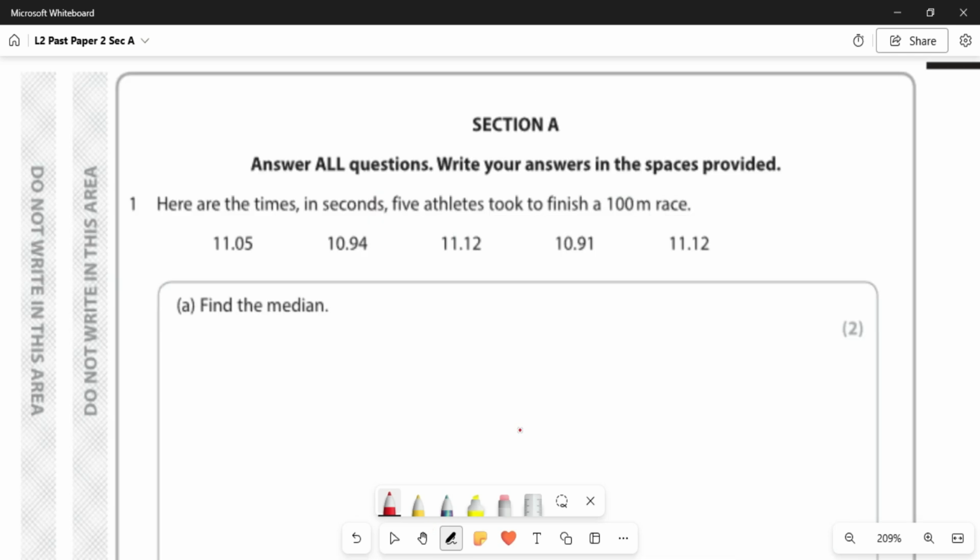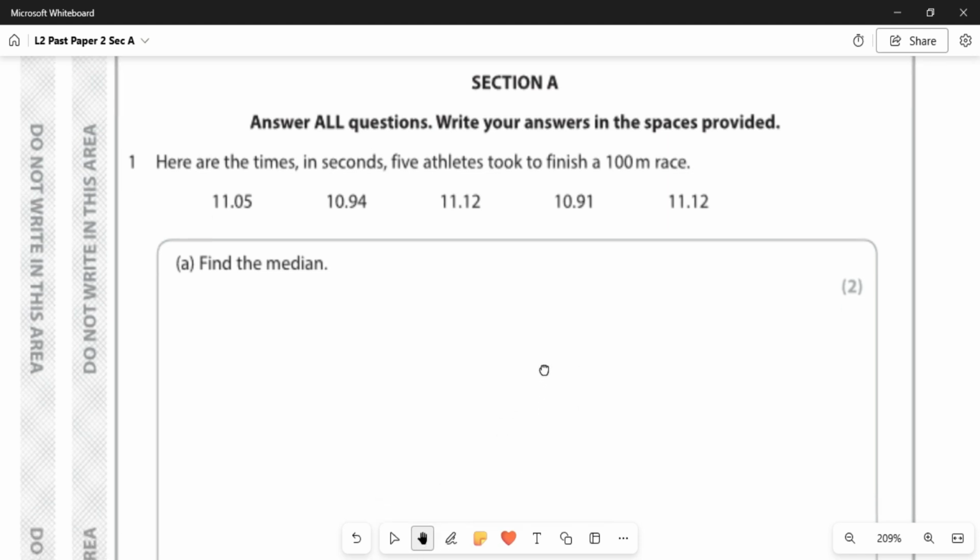So Section A, non-calculator, this is question 1. Here are the times in seconds 5 athletes took to finish a 100-meter race. So you got 11.05, 10.94 and so on. Find the median for part A. 2 marks. So hopefully you should know